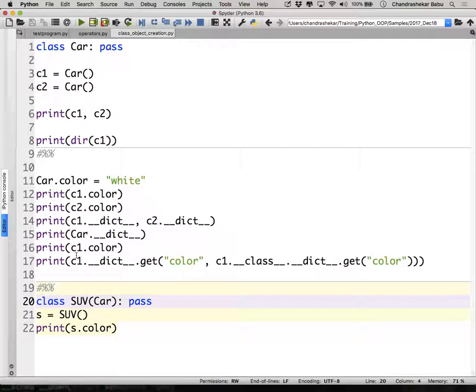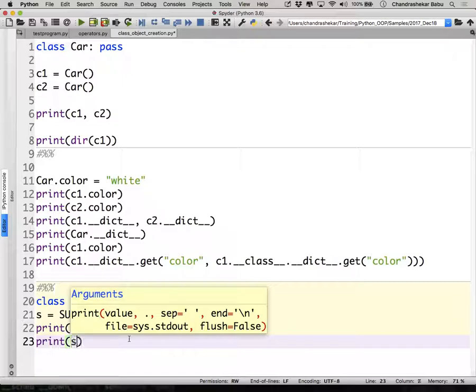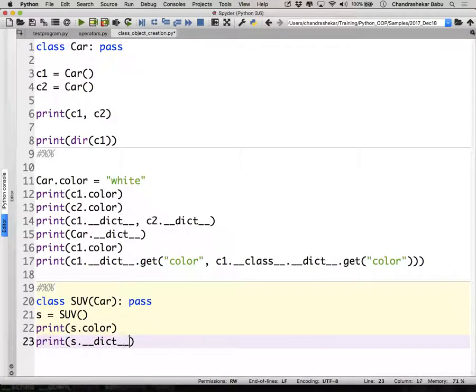Both. Attributes are resolved via the instantiation hierarchy from objects. From the classes, it will go via the inheritance hierarchy. If it's not found via the instantiation hierarchy, it will look up the inheritance hierarchy. Always. In this case, when I say s.color, the object got resolved like this: it's like saying print s.__dict__.get of color.